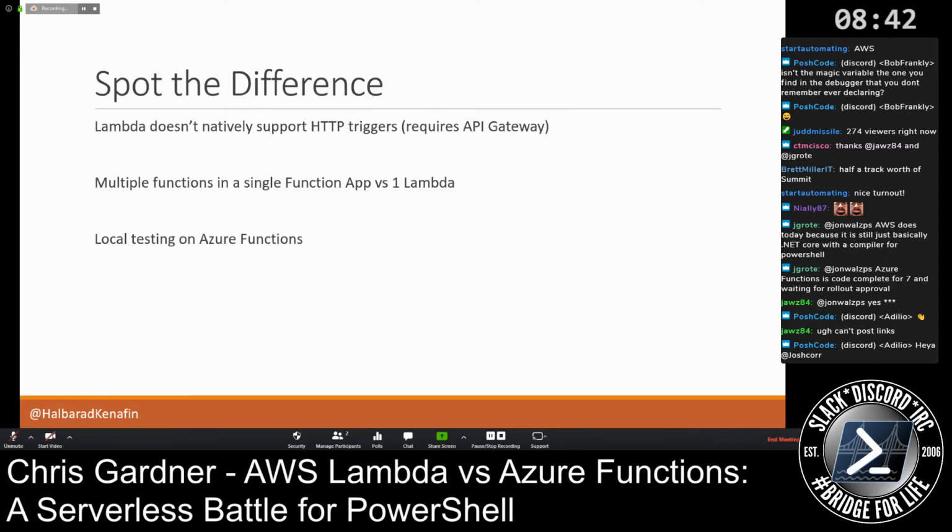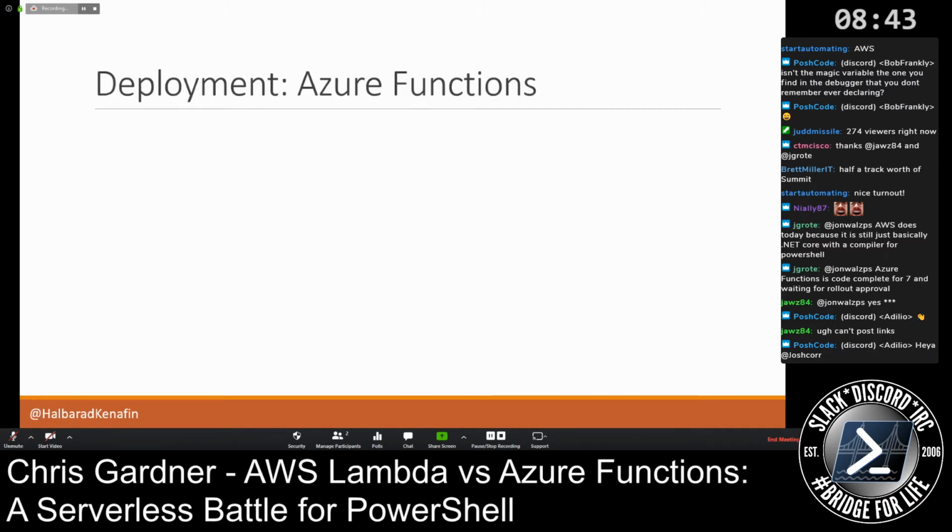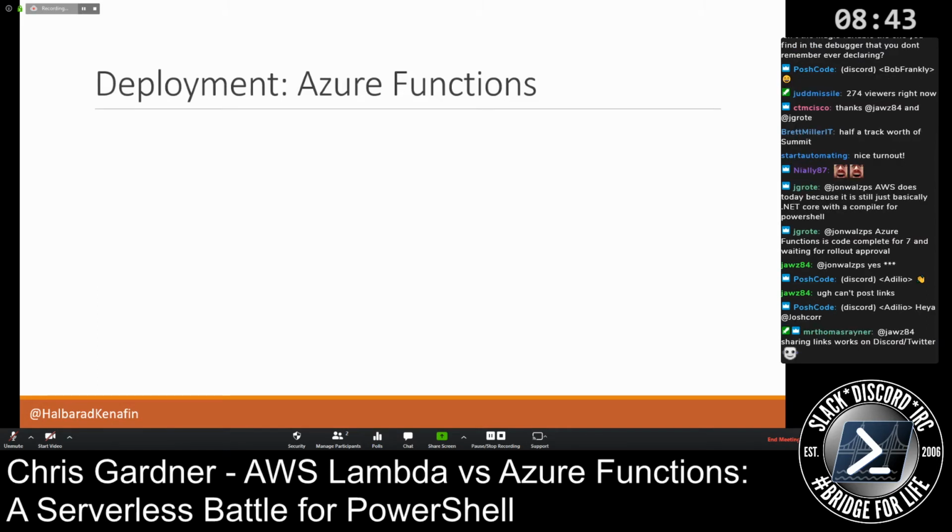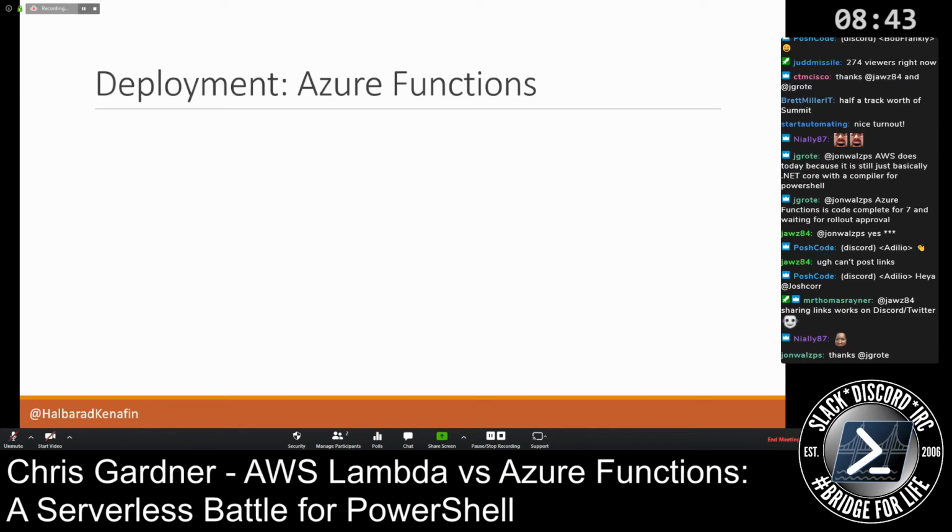So once we've figured out what's the same, what the differences between the two are, what they look like, what they can do, how do we actually get our stuff there? An important point here is this is mostly from the perspective of I'm just doing this deployment for my testing stuff. If I'm deploying this to production, this is going into source control, this is going through an automated pipeline, and it's going through a proper managed way. This isn't just me messing around in my own subscription.